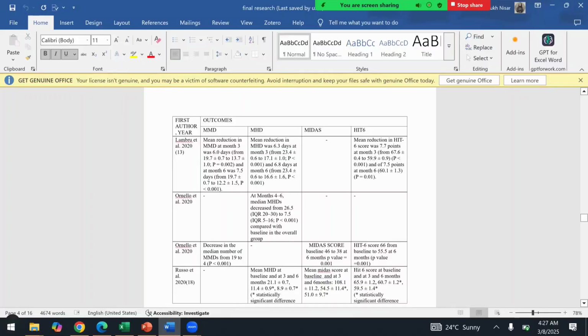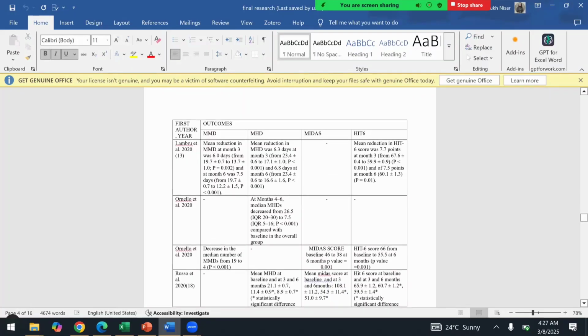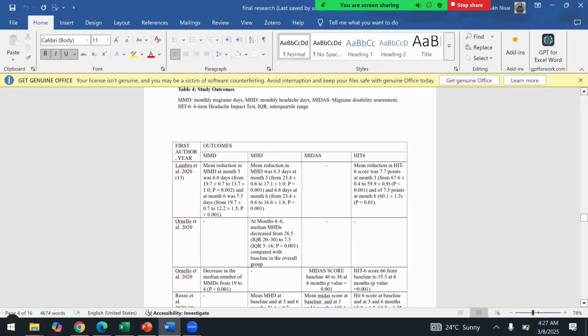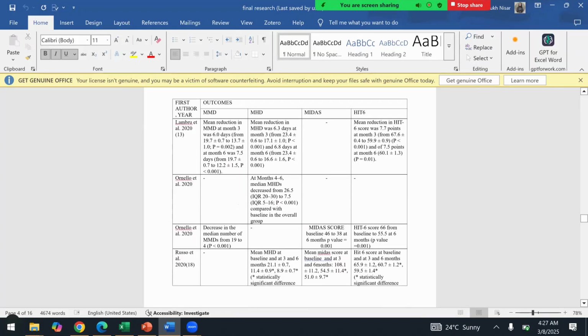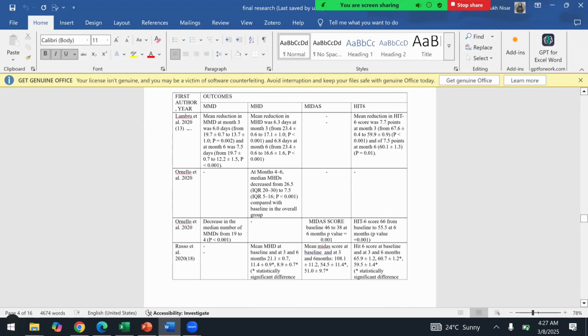It doesn't talk about MIDAS score, but HIT6. So if one study is talking about these outcomes, then you would just write these outcomes and leave the rest empty. This study only talks about monthly headache days, so you would only include this one and leave all the rest of them empty. So this study talked about monthly migraine days and migraine disability assessment and headache impact test. So you would analyze what outcomes are being studied in each of the papers, and then note them down,